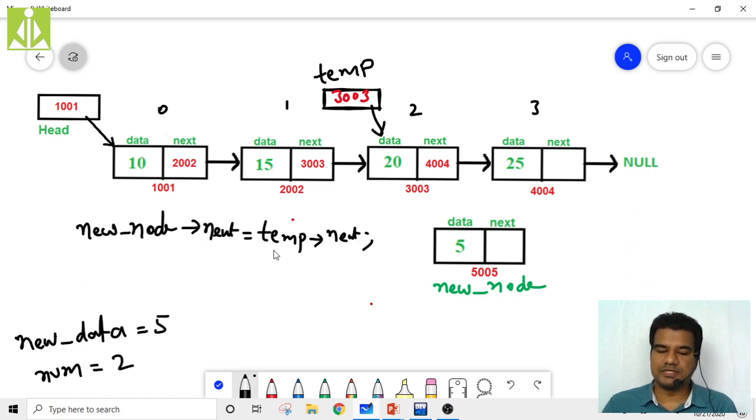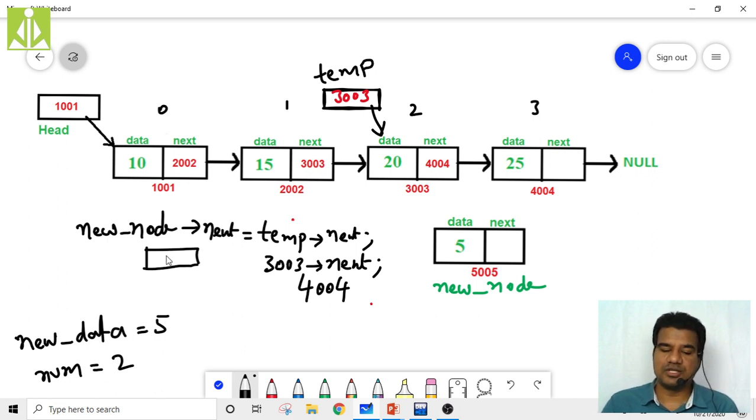What is temp? Temp is 3003. 3003's next is 4004, isn't it? So that 4004 you take here. This 4004 we are keeping here, in new node of next. New node of next is a memory location.